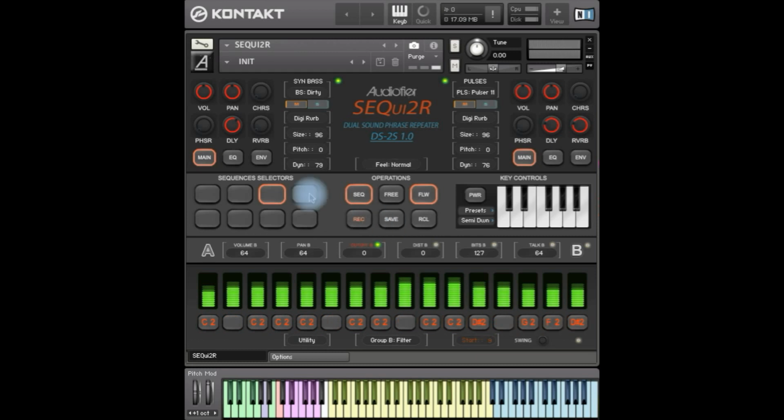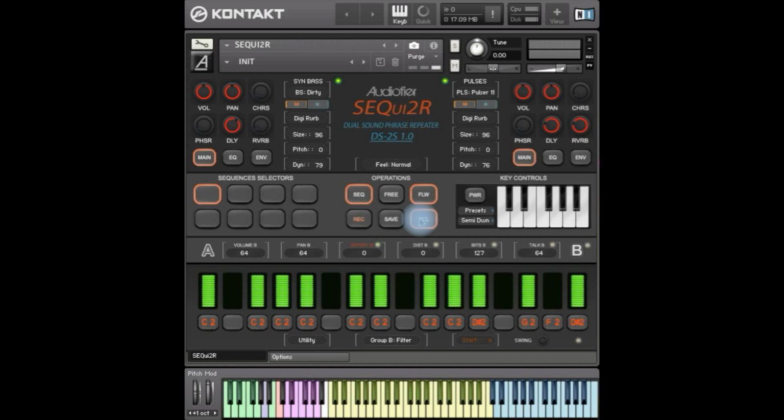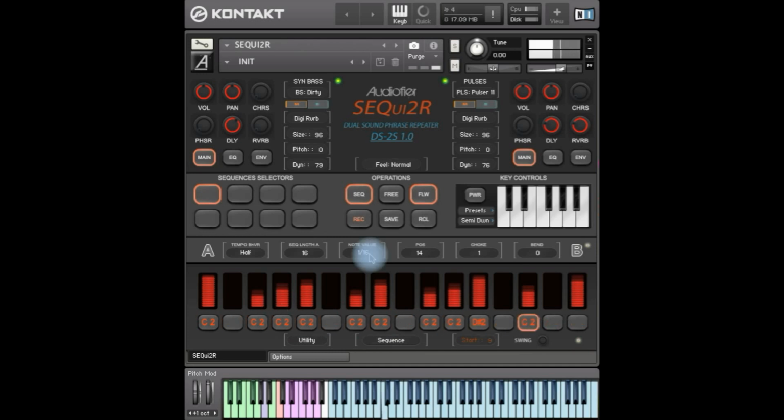Okay. One thing to note is that, let's go back to the first press in A so we see the values of velocity. So you can see here it's written sequence, so we are actually seeing the velocity and the numbers here. I played C2 and D sharp, I think too. Yeah. But if I was to play any other key,